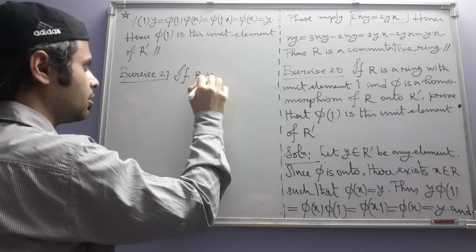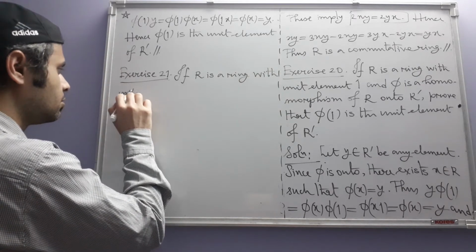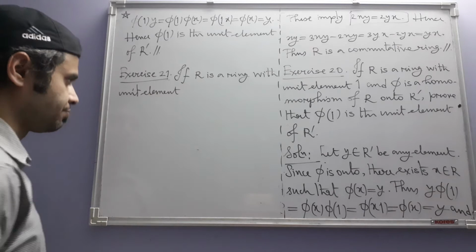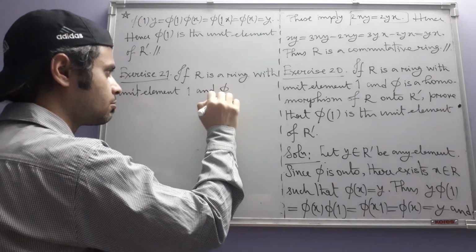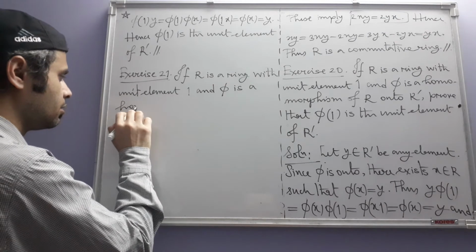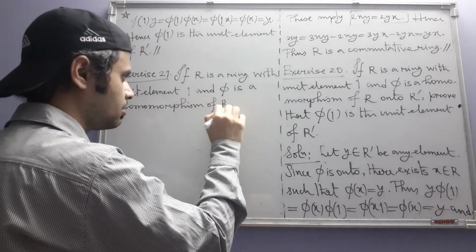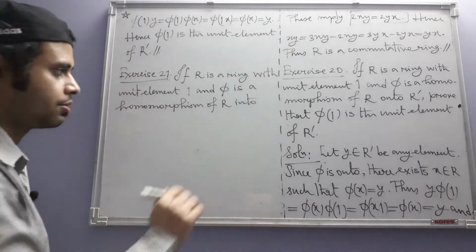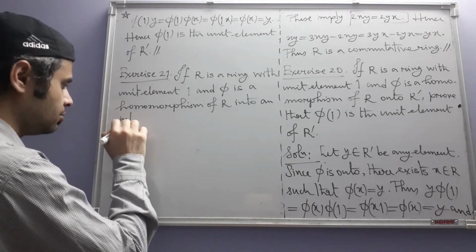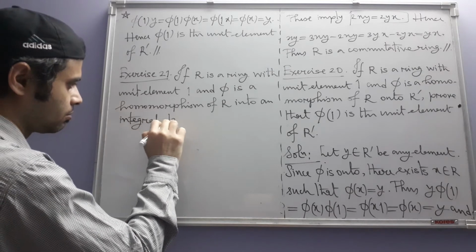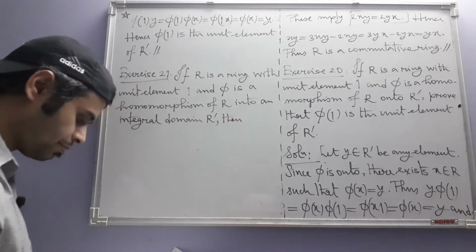If R is a ring with unit element 1 and phi is a homomorphism of R into, now it's not given that phi is onto, but the range ring is not just any ring, into an integral domain R prime, then prove that,